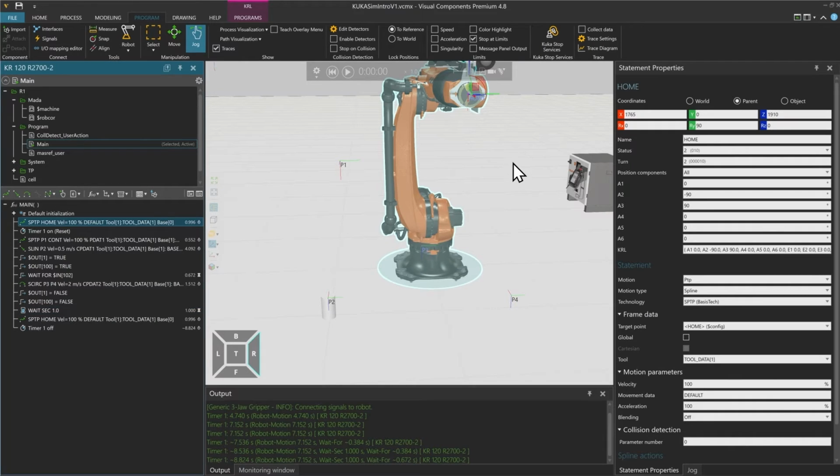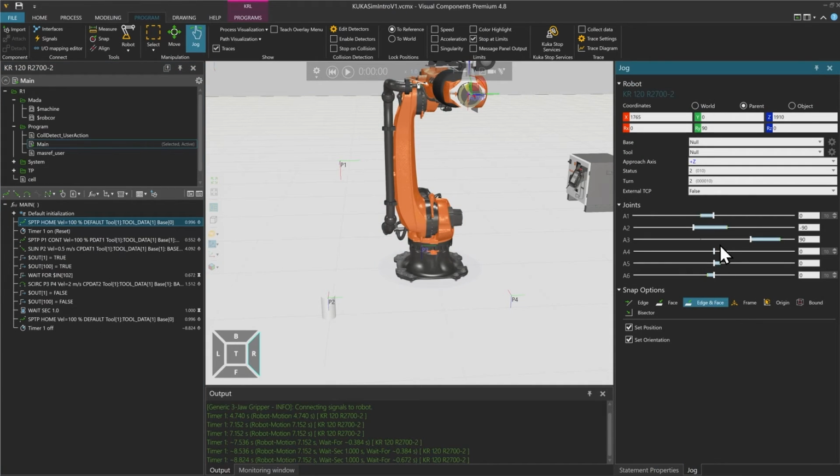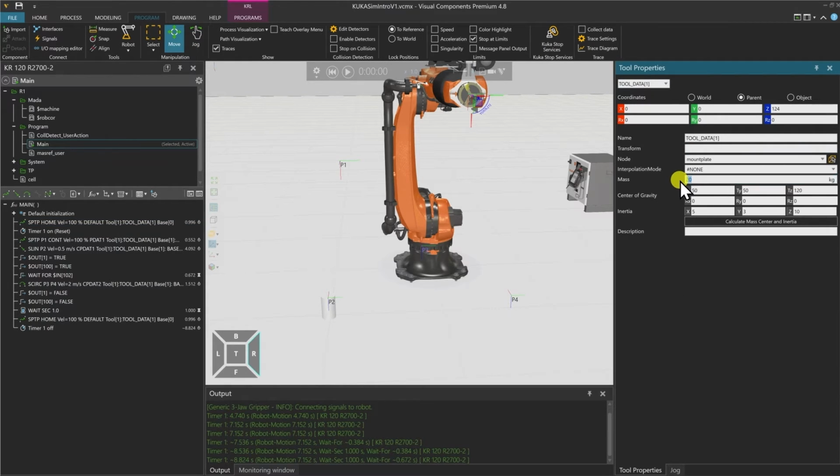Now we want to have a closer look at what happens when I change the load data of the robot. So if I go back to jog and go to my tool data 1, to the settings, remember we had 20 kilograms in our tool 1.